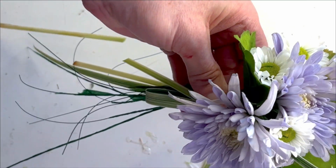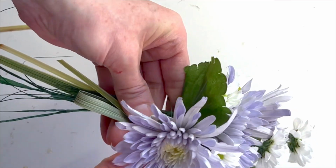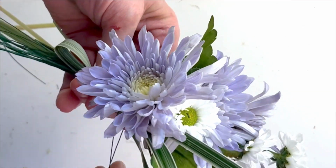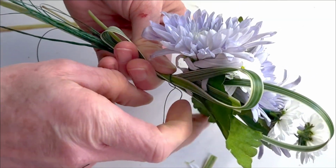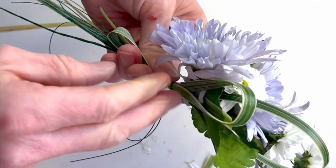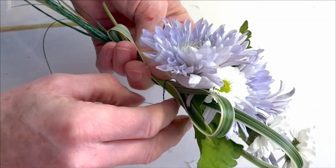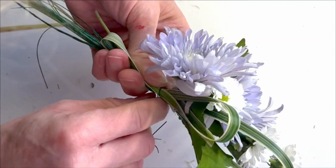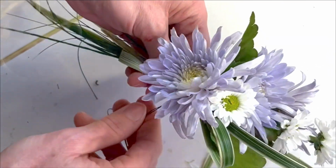And I just trim off the edges. I only trimmed them because they weren't very attractive. But typically the lily grass will come to a nice point that you can use at either end there. Once I have everything how I like it, I'm just going to use a wire to grab everything, make a wire wrap around it, give it a big bear hug, and then I'll wind it nice and